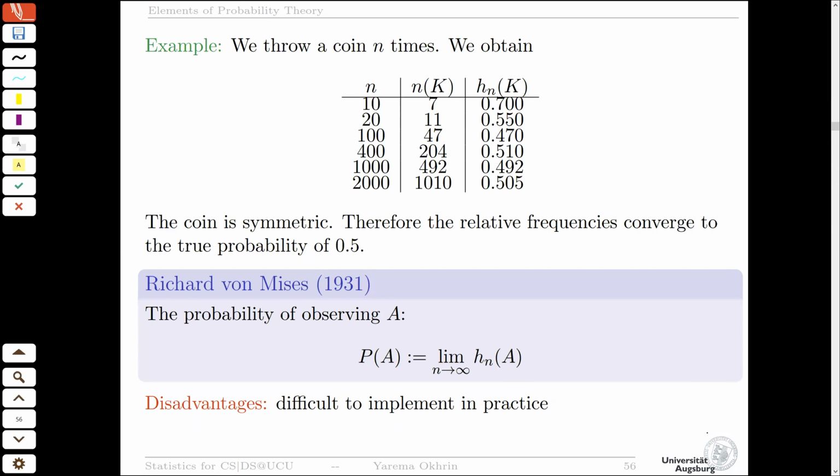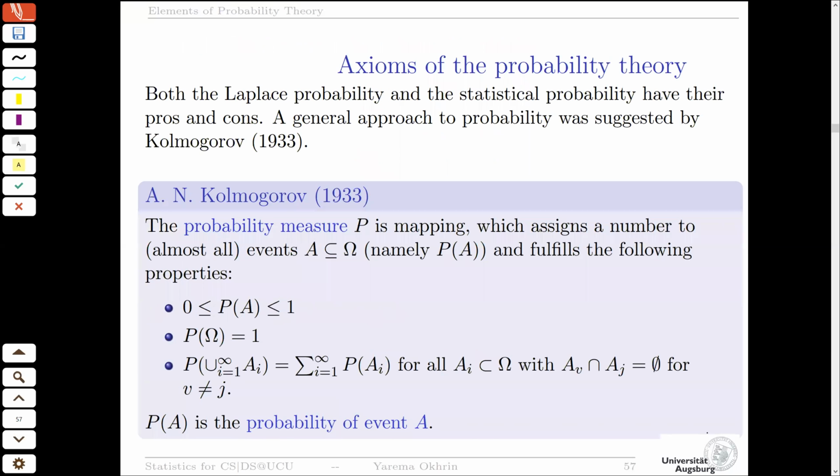So let us start with some basic properties. The whole theory of probability, like mathematical statistics, was developed by Kolmogorov almost 100 years ago. Before that time, statistics was very empirical. People usually worked just with descriptive statistics. They tried to characterize the data with means, variances, some plots, and so on. And he was the first one who introduced a general concept of probability, or a mathematical treatment of probability. So he defined this function P(A), the probability of the event A,